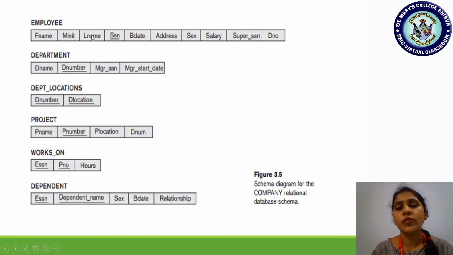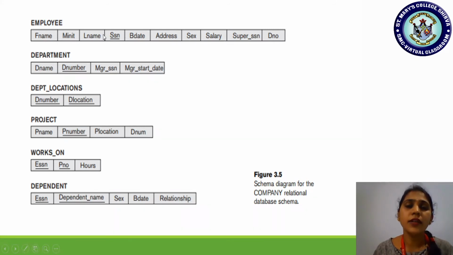Okay, so there is a difference between the schema diagram as well as the relational database schema. In this particular diagram, we highlighted the relationship between any two relations by including the primary key of one relation in the other relation.